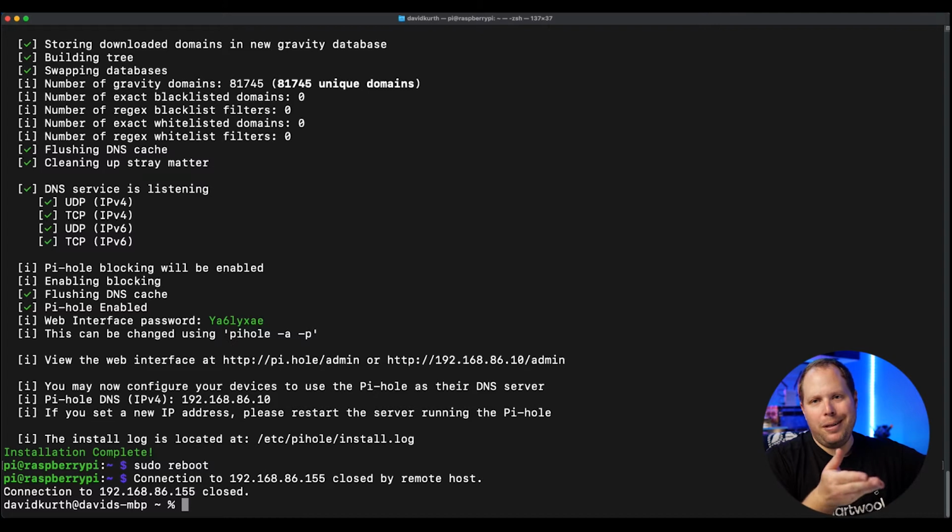And with the reboot, it obviously terminates the connection that we had through SSH. While it's rebooting, we know the new address that we gave it ends with .10 for the DNS server. So what we need to do next is go to our wireless system and update the entry there. In my case, I'm going to use my phone because I have Google Nest Wi-Fi. So I use the Google app to configure it, and let me open Google Home,